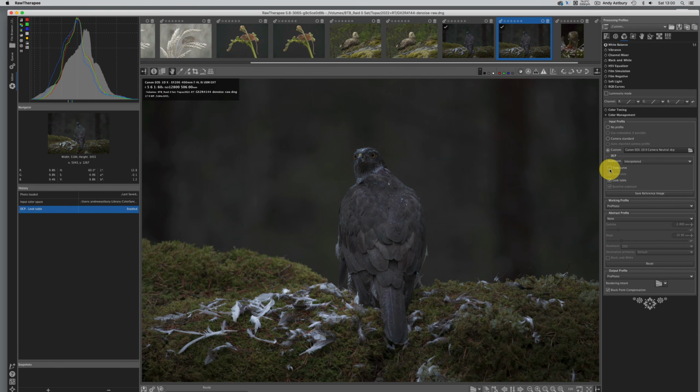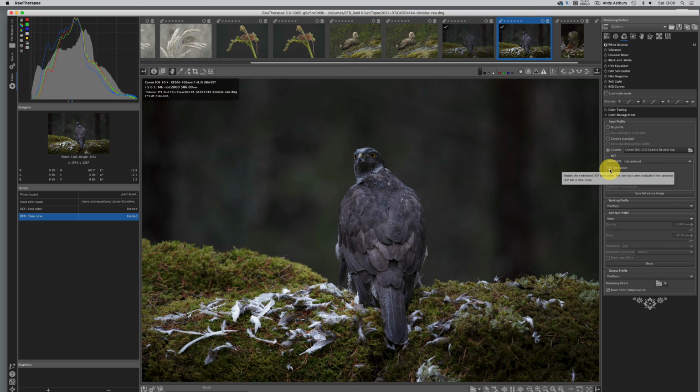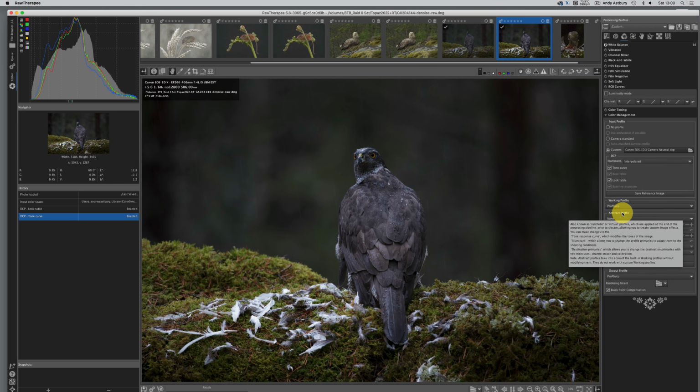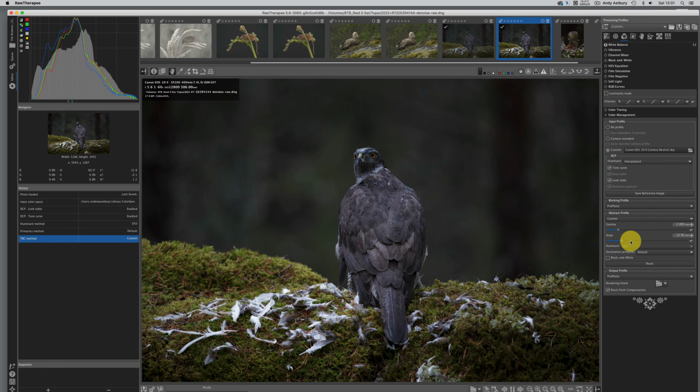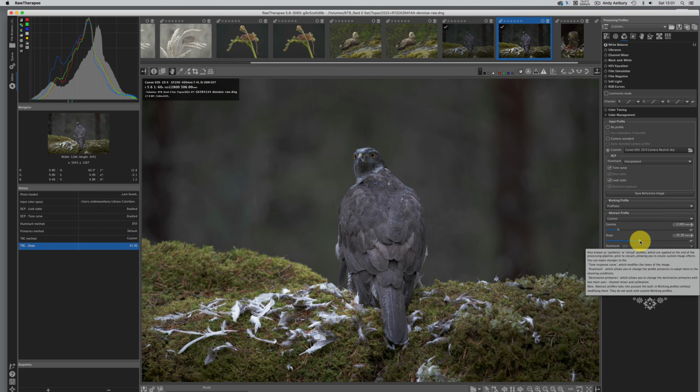There we go, and I'm going to activate the tone curve, and so now you can see we've got a much more enlivened image, but it's still a bit on the dark side. So anybody who's watched my 5 ways to lighten an image in RawTherapee, I'm just going to go for my favourite one, which is abstract profile, and we're just going to turn the slope up on that, and then I might come over to the